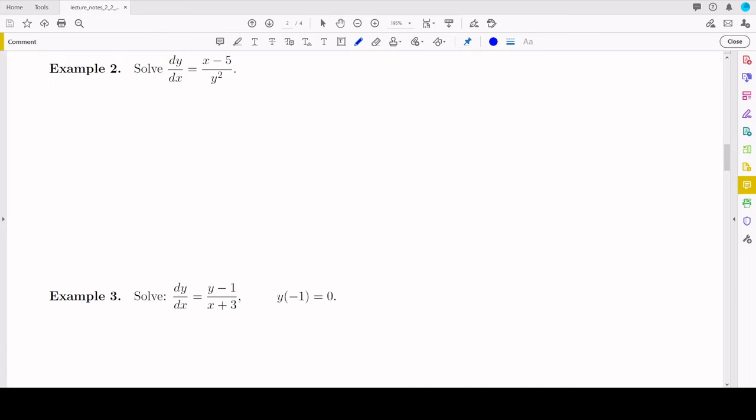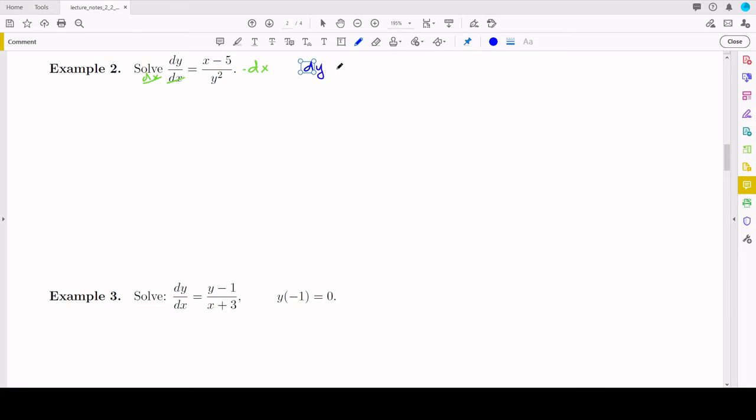In this video, we'll look at two examples of solving a separable differential equation. The first example asks us to solve dy/dx equals (x minus 5) over y squared. We start out by multiplying both sides by dx. That cancels out the dx here, and what we're left with is